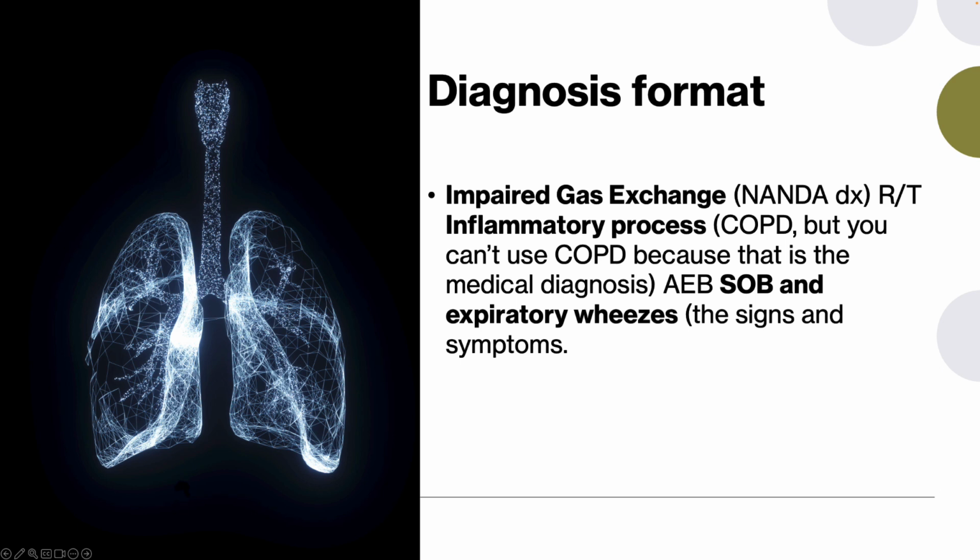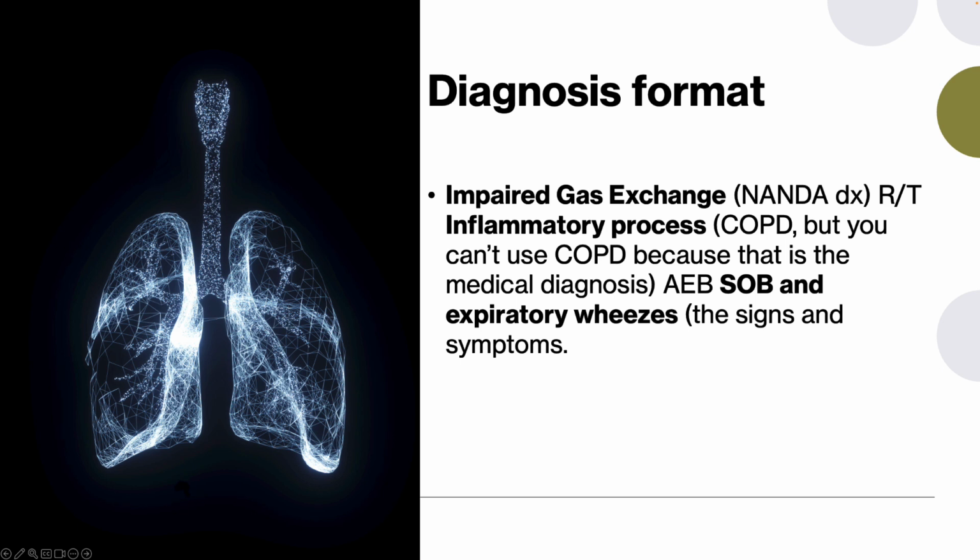So I took a patient that has a medical diagnosis of COPD exacerbation, and I am using impaired gas exchange, so that fits into my number one priority because their signs and symptoms were shortness of breath, expiratory wheezes, "I can't talk today," and these are the signs and symptoms that I've recognized. Now there's also probably going to be some lab values that are out of whack with this patient, but we're just going to focus on these two signs and symptoms.